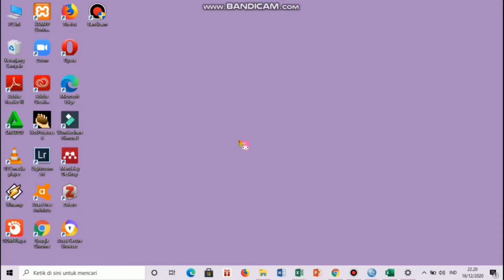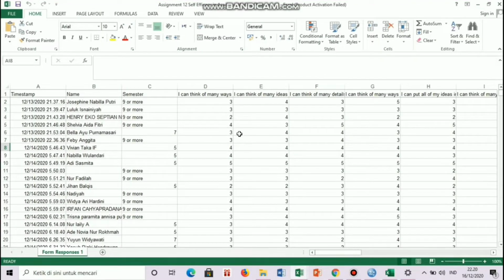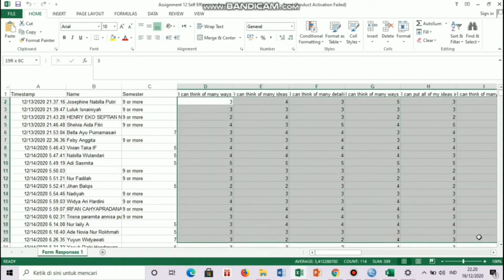You about how to compute the qualitative data. There are descriptive statistics, validity, and reliability by SPSS and Excel. Check this out. The first thing, you must open your data and then you can block this item,